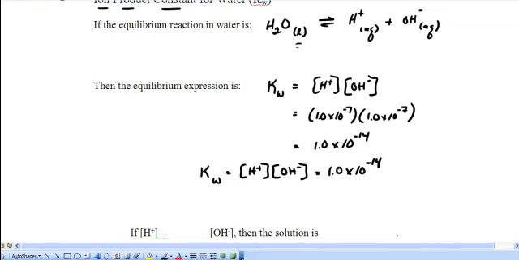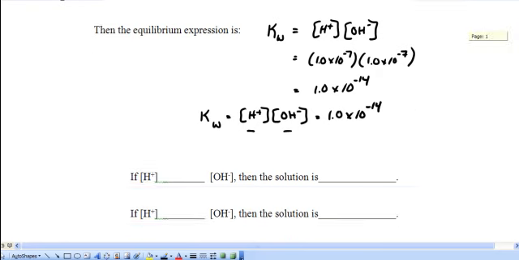The reason why water is considered a neutral compound or a neutral solution is because these two quantities are actually equal to one another in just standard water. However, that's not always the case. If you add a compound